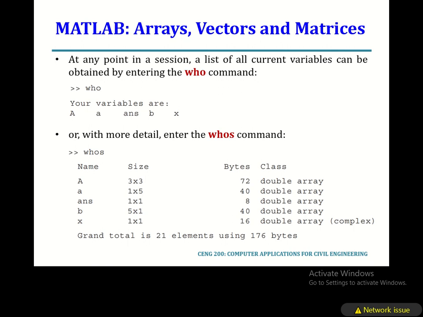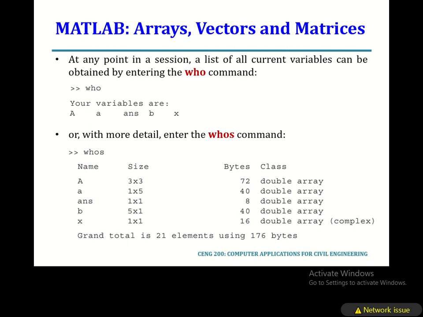Okay. You may have only 1 or 2, so whatever you have, it will show that your program already has 500 variables or 2 variables or 300 variables, whatever. If you want to get more details about the variables, for example, some of them are matrices, some of them are column vectors, some of them are row vectors, some of them are scalars. I have different types, so I want to see their types as well. Then I will use the command whos,